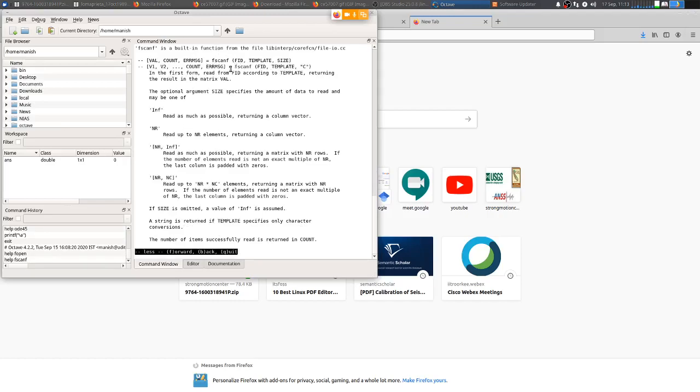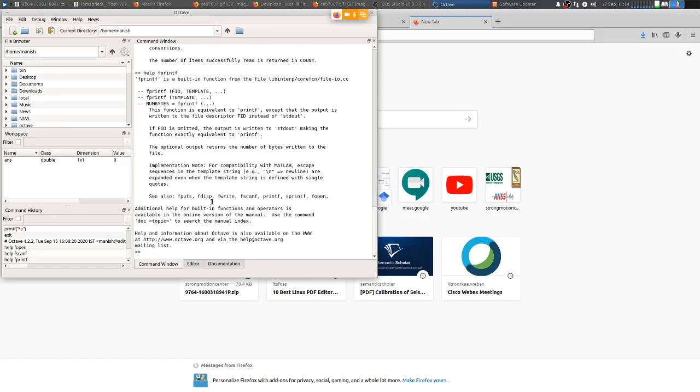So this fid, the file identifier that was assigned earlier by fopen, use that file identifier here. Then the template is how you want to read, what kind of data is arranged in what way, and you get the value here. Whatever you are reading goes into this argument val, that's the variable which stores it. Then the optional argument is how much data was read, so you can get the number of data points also, right? And then if you have to print it, you need to use fprintf, again in the same order. Just as fscanf, you have fprintf with file identifier and the template according to which it has to print the data.